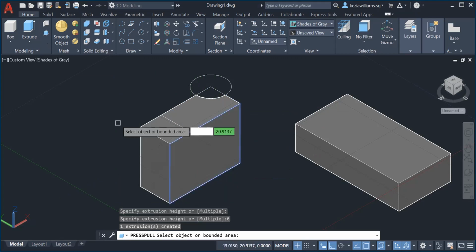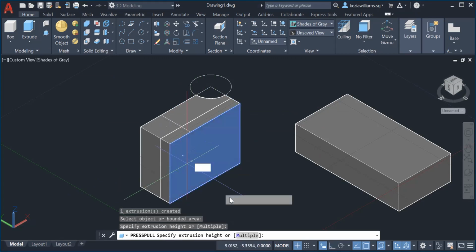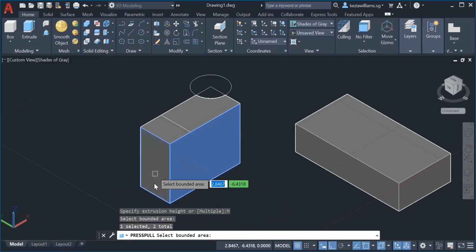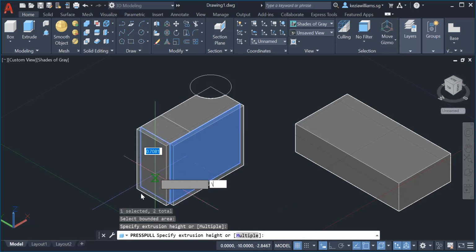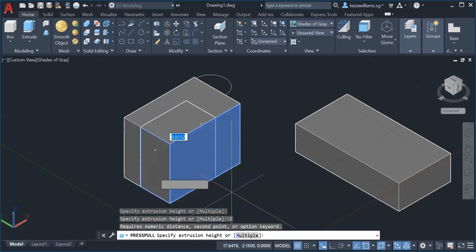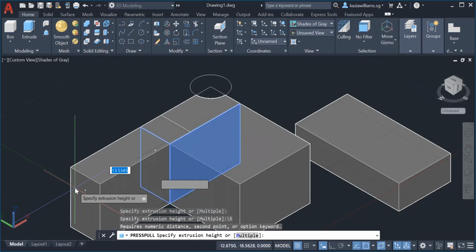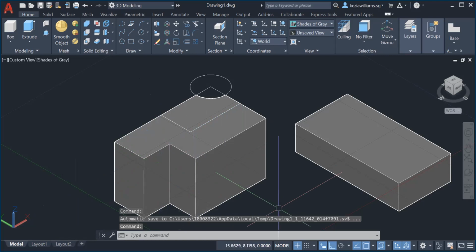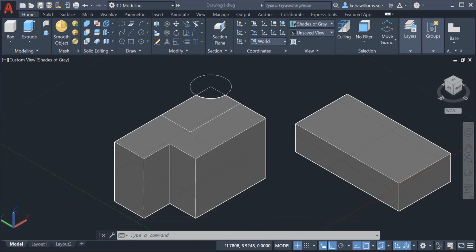So you can also do multiple faces. For example, I want to do this face. I choose this command multiple. Then you choose this one, then enter. You can choose both things. See, then I put maybe like 5. I can choose the 5, enter. See, now I can choose multiple faces at one time. Then what else? Multiple cut, remove. Then another thing I want to show you is you can cut the surface.